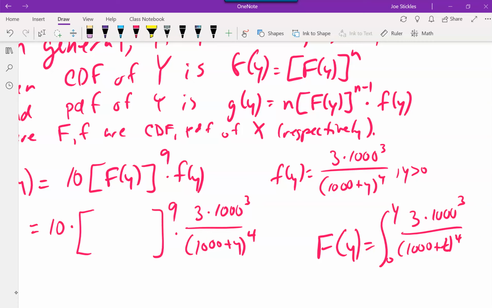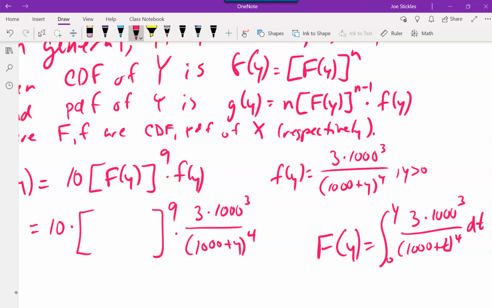Don't mix your variables. This is another good review, right? This is how we find our cumulative distribution function in general. You integrate your PDF from your lowest value in your support up to an arbitrary y. This was not too bad to integrate because if you do a u substitution here,